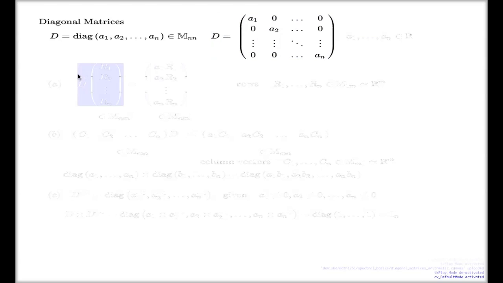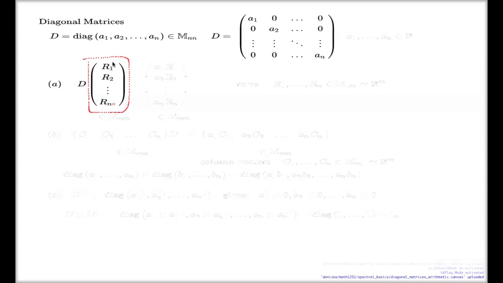Now, here's my observation in relation to the diagonal matrices. I'd like you to keep this in mind when you do eigenvalues and eigenvectors. If you multiply a matrix, so if you look at something like this, this symbol is a matrix in which the rows are given names. It's the same writing as on the previous slide. So if I multiply any matrix with n rows, and it doesn't matter how many columns in this matrix, by a diagonal matrix from the left-hand side,